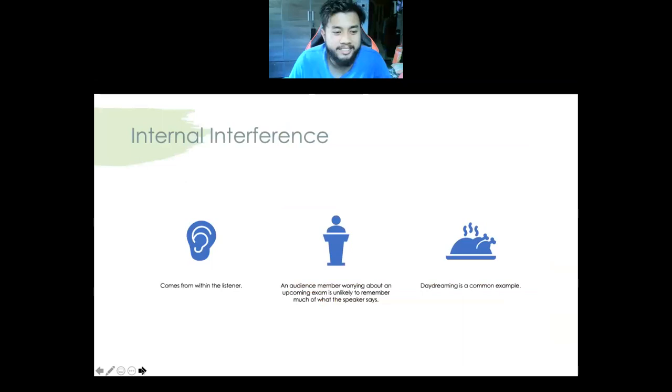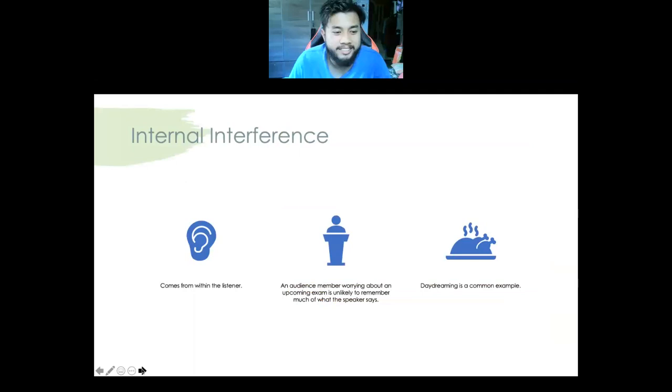So for example, the speaker gives a very good topic in front of you, but maybe most of the audience are tired or too full after taking a full board of lunch. For example, you eat nasi minyak during your lunchtime, and you expect people to listen to you well after that? For sure not. Okay, so that is one of the internal interferences. Daydreaming, in bahasa we call that menggelamun or berangan. Okay, that is daydreaming.